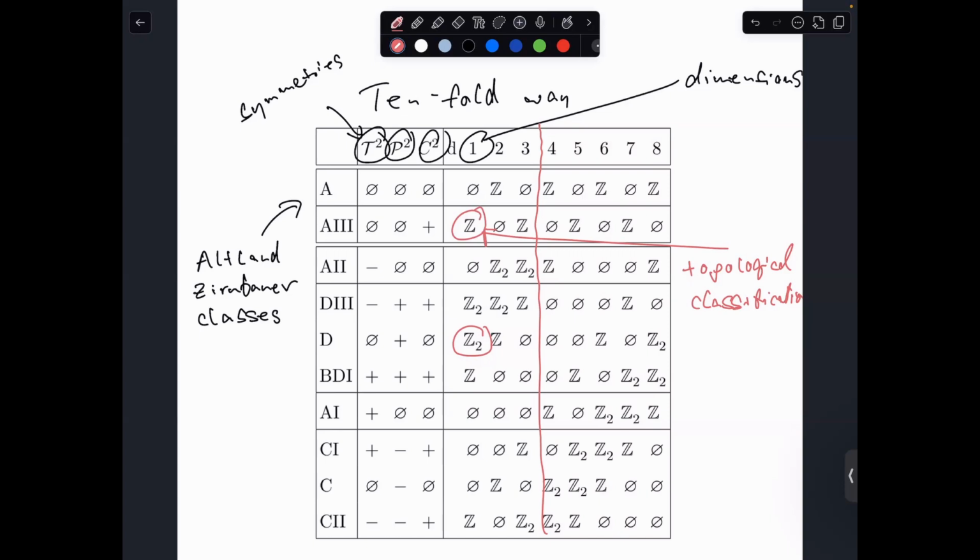And the chiral symmetry is pretty similar to particle-hole in that it maps states at energy E to states at energy minus E, but the difference is that it's unitary instead of anti-unitary. And that gave us a Z classification. And I just wanted to quickly rederive that because I was going a bit fast at the end of last lecture. So